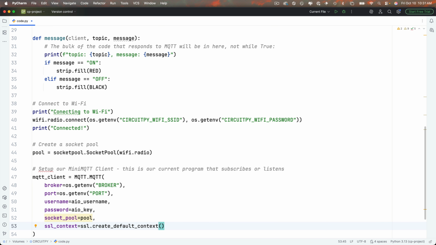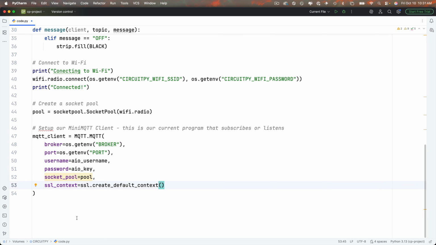Now that's a gnarly bit of code, but you'll probably never change that whenever you set up an MQTT client. If you're curious about SSL, it's a standard that's used for web encryption. It just sets up some necessary data structures for longer connections to the broker. And make sure there's a close paren down below. That's quite a bit of code to set up your MQTT client, but it should be pretty much the same in any code you write in the future,